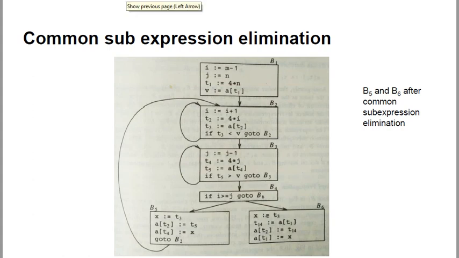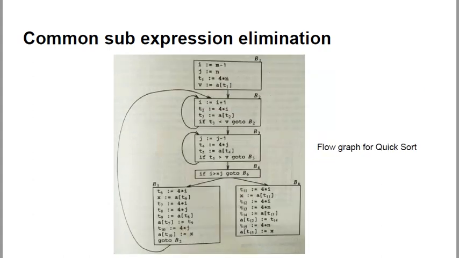Okay, so basically if you follow this flow graph very carefully, you can see over here 4 into I is previously stored. If we follow from the first, we see B1, B2. 4 into I is first computed and stored in T2, and hence after that the value of T2 is not changed. So T2 is also already storing 4 into I. Similarly for 4 into J, T4 is storing the value of 4 into J, and the value of T4 is remaining unchanged up to B5 and B6.